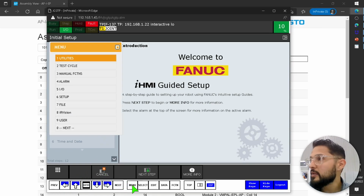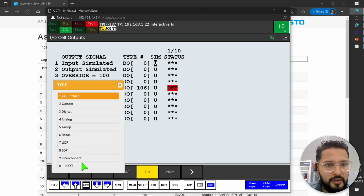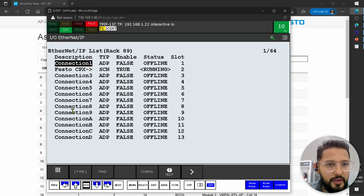So we go to menu, and then we go to I/O, right? Then type Ethernet IP running. This is what you want to see. If you don't get a running status, that means that you have an issue with the robot communication. So, for instance, at one point